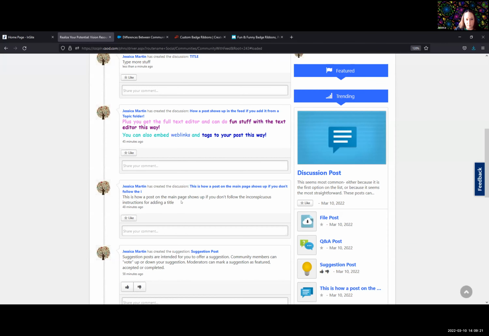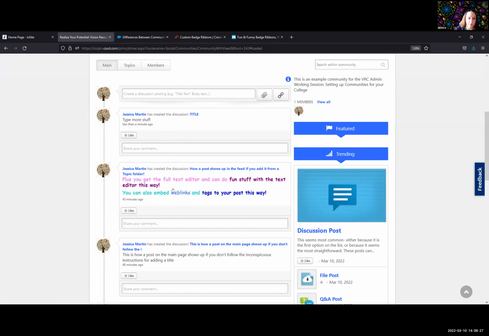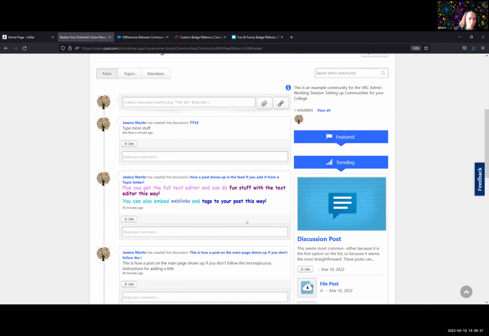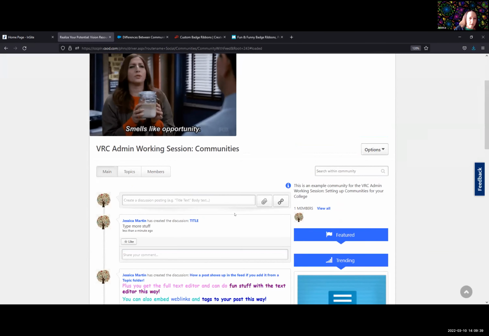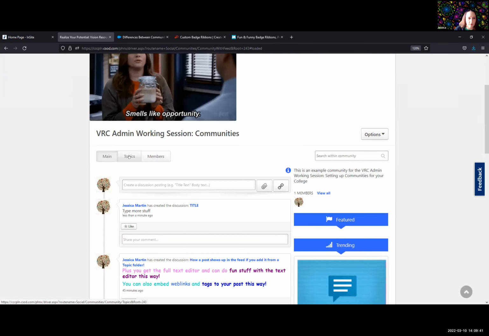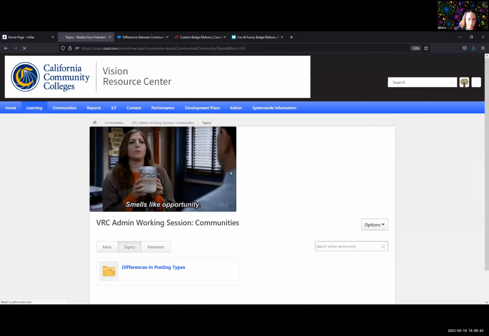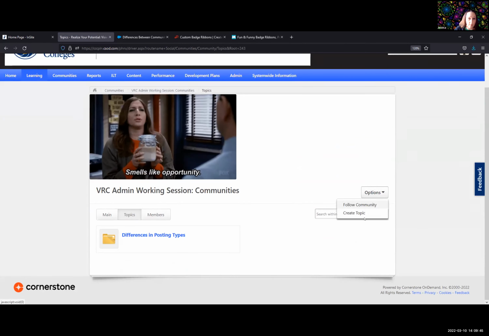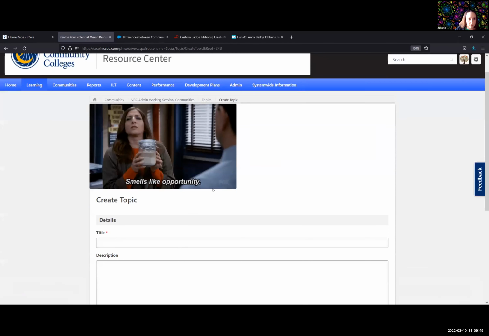But if you go into a topic folder and create a post, you can do fun stuff like this, where you can change things. You have a whole text editor, just like you would in Microsoft Word, and you can embed web links to it. So there's a lot more control over it that way. If you go up here into the topics folder, you can create new topics. So if you want to create an additional topic folder,